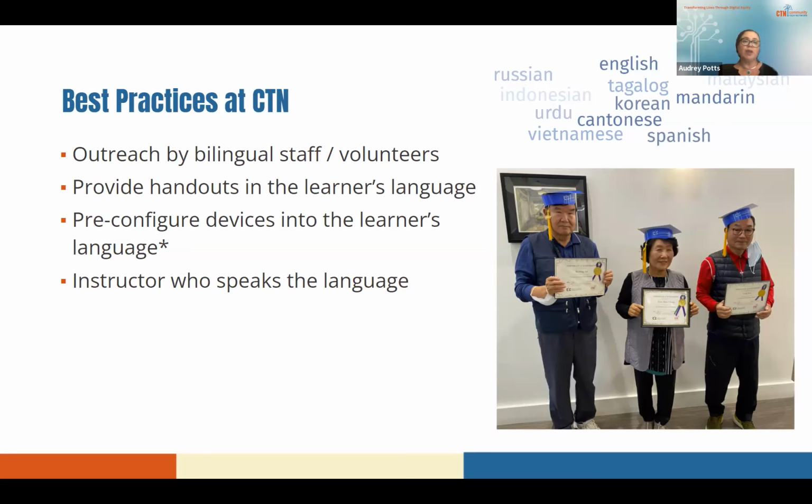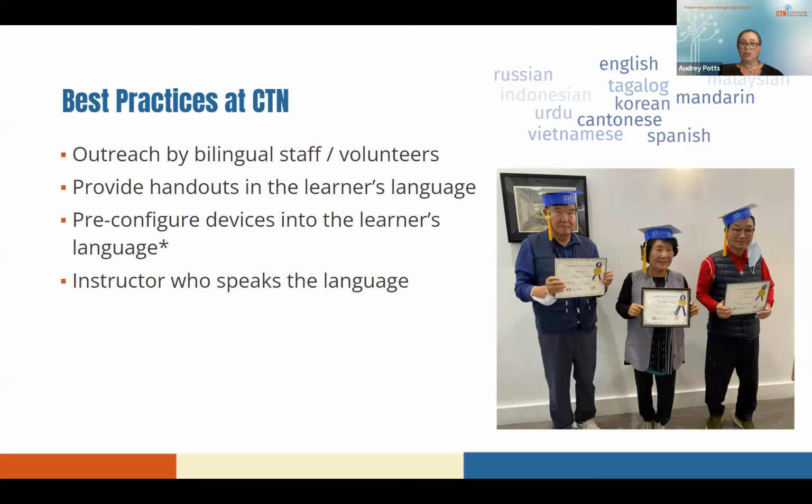Other times we've had the ability to have case managers join the class. And if the student's primary language is not English, they've been able to sit with the student and translate as we go. But again, we do have various curriculums where we can assist them with that particular language. So I've had many different